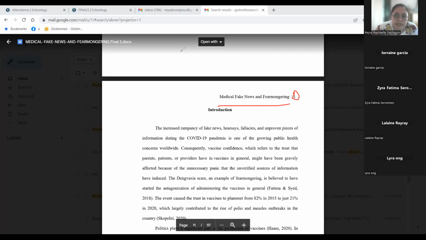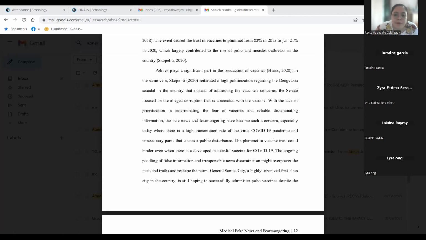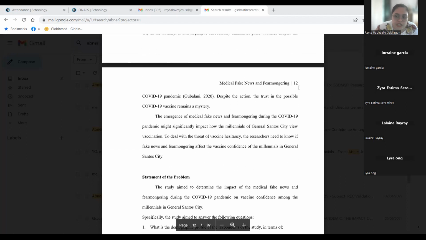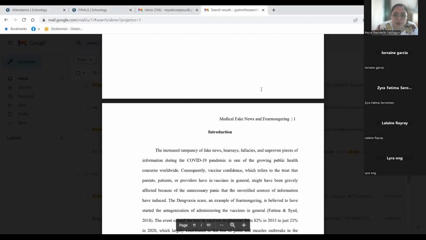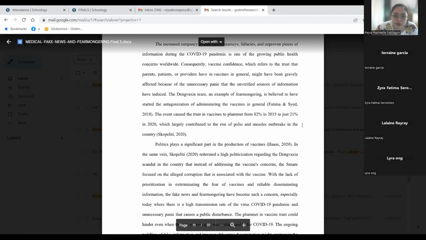Pero take note, mali din kasi itong format na ito. Kasi wala tayong page number on the first page for every section. Just like this one, introduction. This is a major section of your paper. Wala kasi dapat yan siyang page number, but it's automatically page 1. Mag-a-appear yung page number dito na siya sa second page. And this will be page 2, ha? Page 2 na siya. Page 1 ito, pero dapat takpan niyo yung 1 na yan.